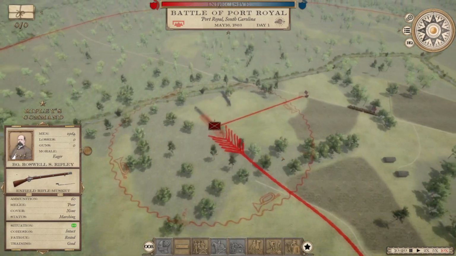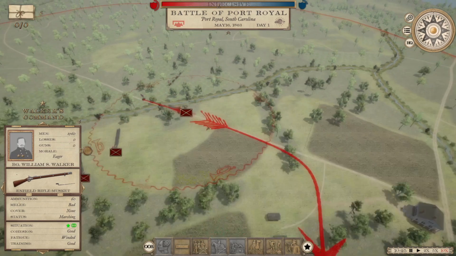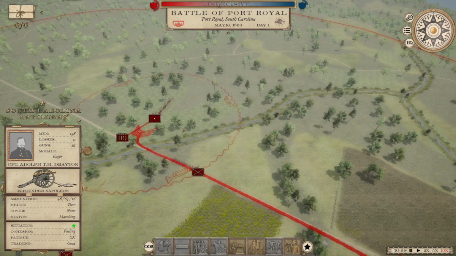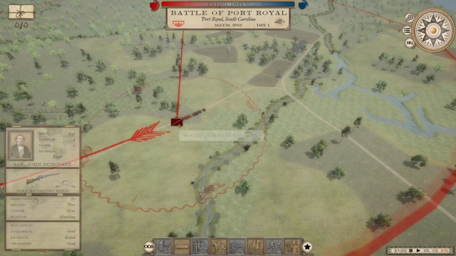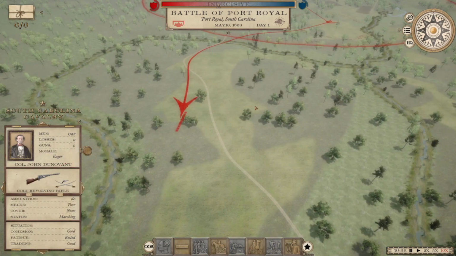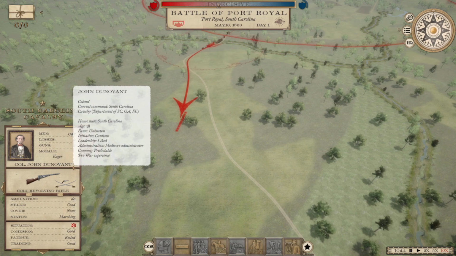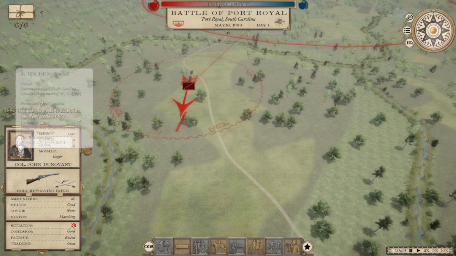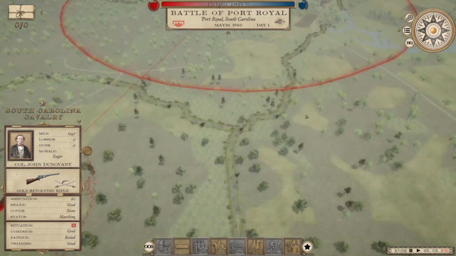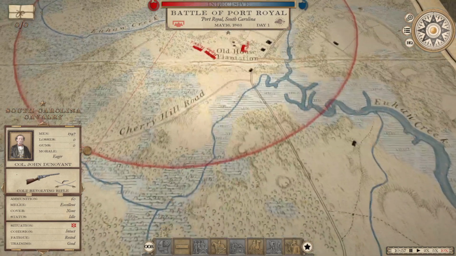So we've got Roswell Ripley's command, Hagood's command, and William S. Walker. You've got cannons under Drayton, some 12-pound Napoleons. The cav is under John... I don't think that's Dunovant. It might be Dunovet, I don't know. I have no idea if he is of French descent or not. And I'm bad with names to begin with, so...